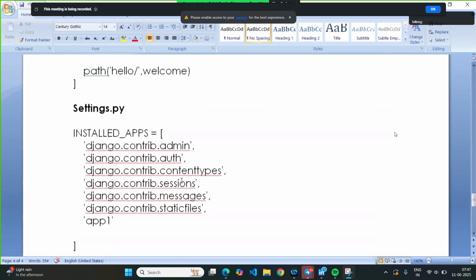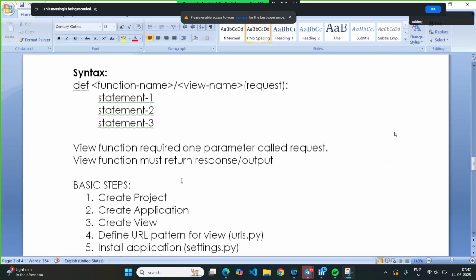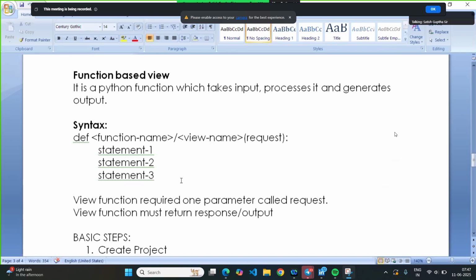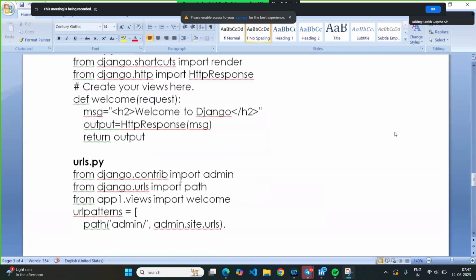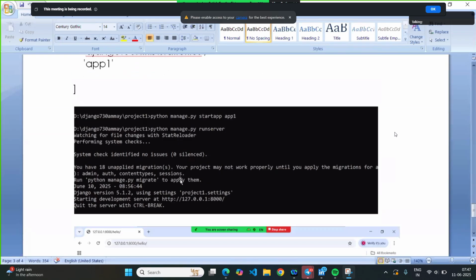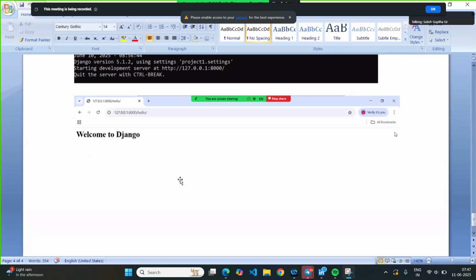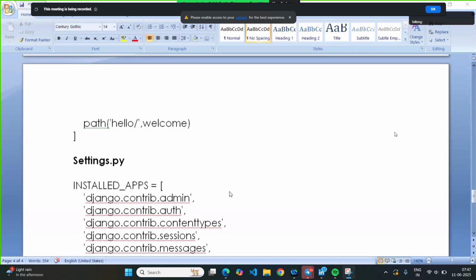Okay, now these are the things what we have seen in the last class. So these are the things I said in the last class. I think if you practice it, you'll get it. Now here, when you're talking about URL patterns,